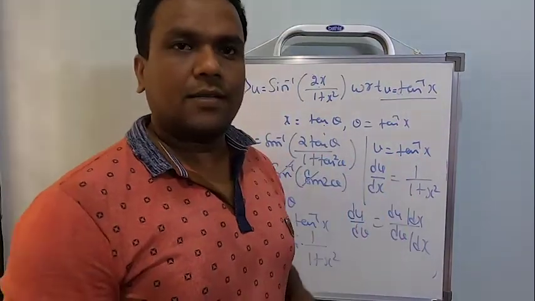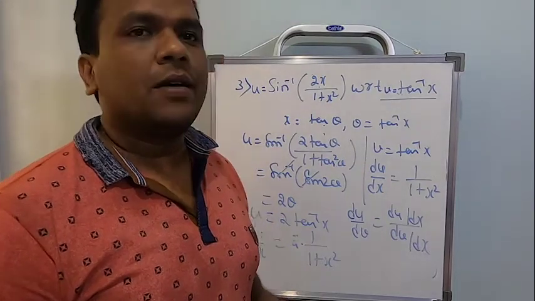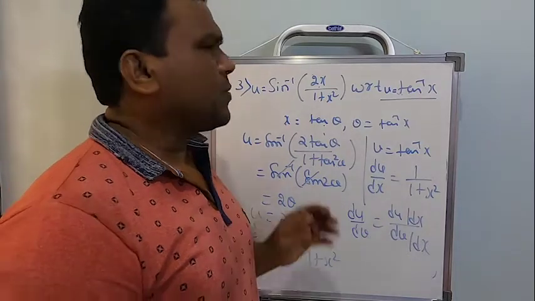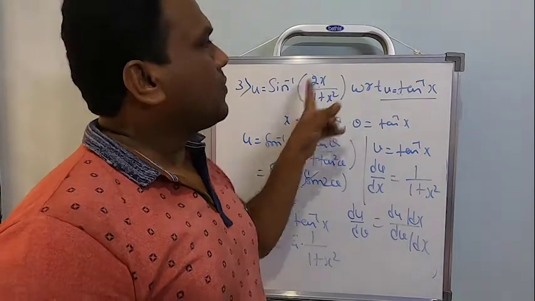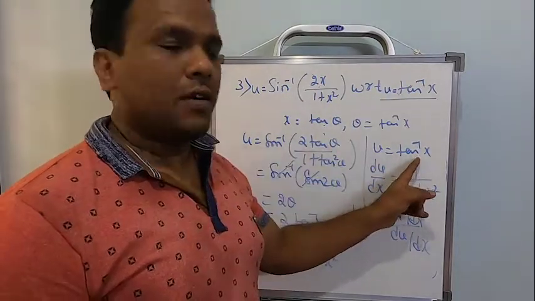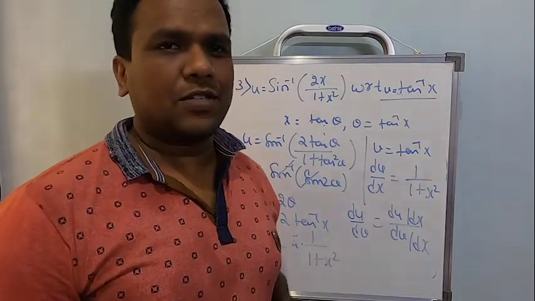Okay, students. Now let's move to the next topic of differentiation. That's the next type of differentiation we're going to study. So far 7 types are over, and the previous one, as I said, is just similar to parametric differentiation. When you want to differentiate one function with respect to another function, call one function as u and another function as v. The final thing is to find du by dv. Just follow the concept of parametric differentiation.